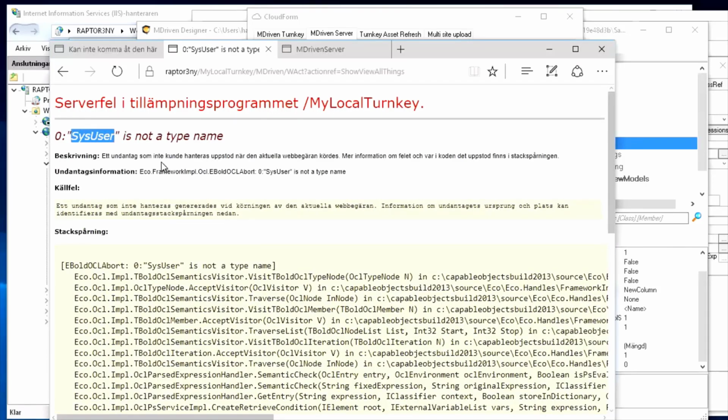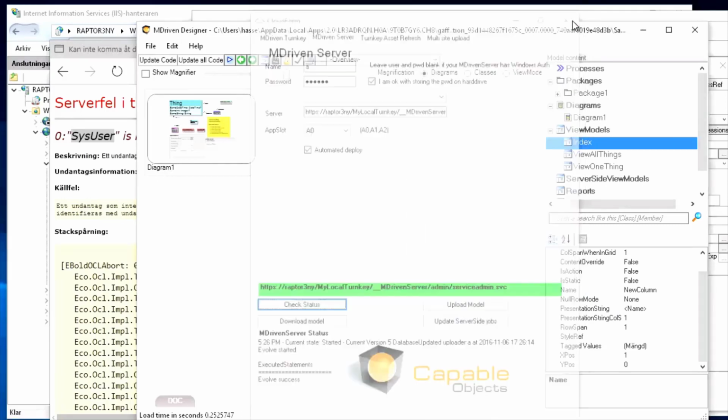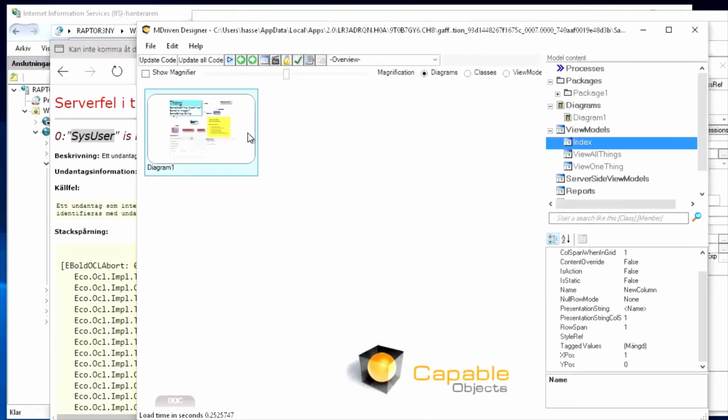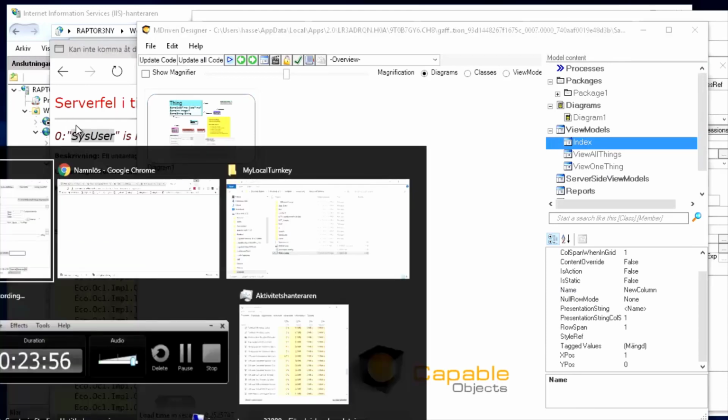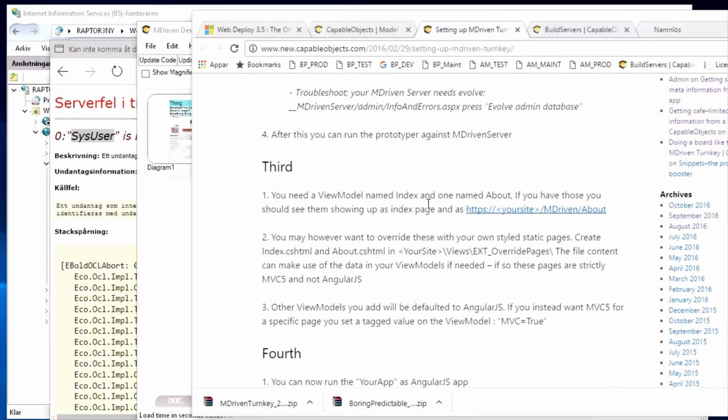Sys user is not a type name, and this is a second requirement for MDriven Turnkey applications. They need to have a way to handle ASP.NET identity, to allow users to log into your site if you so wish. So I'm heading over to